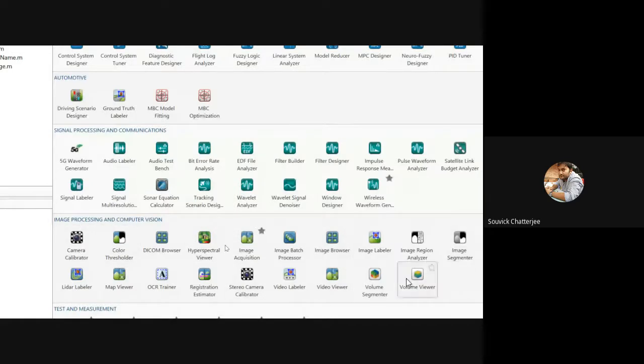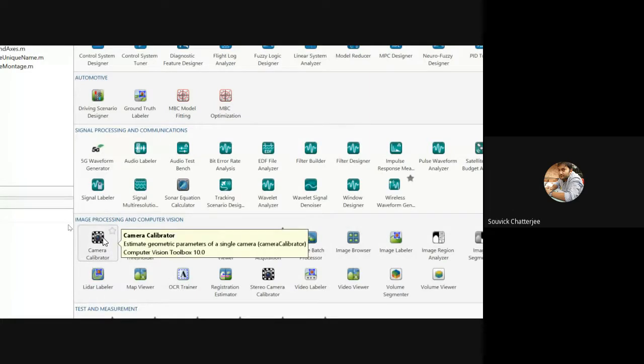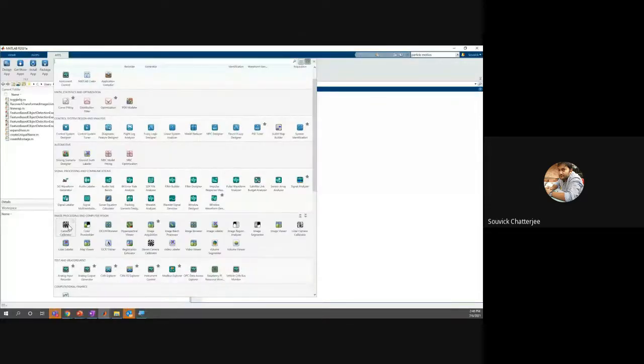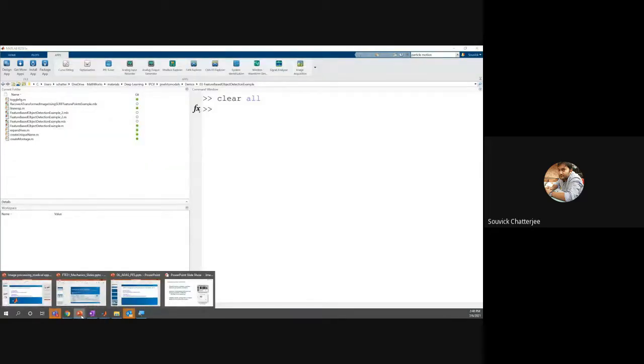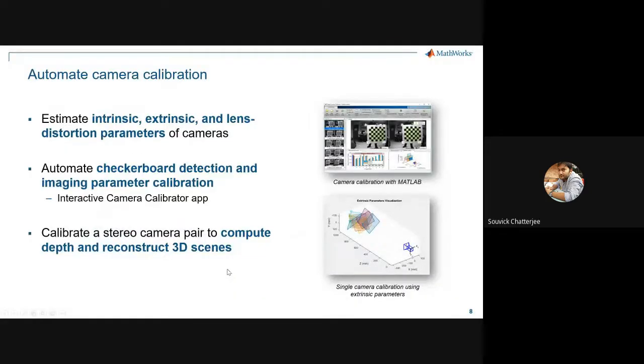All these things become very crucial for all of you whenever you are working on images. We'll show some of these as we go along throughout the day, but remember this is the area which becomes critical when you are doing image processing in MATLAB. One of them is the camera calibrator, and that's what we are talking about. If I have to calibrate an image in some form, that's one of the critical images.